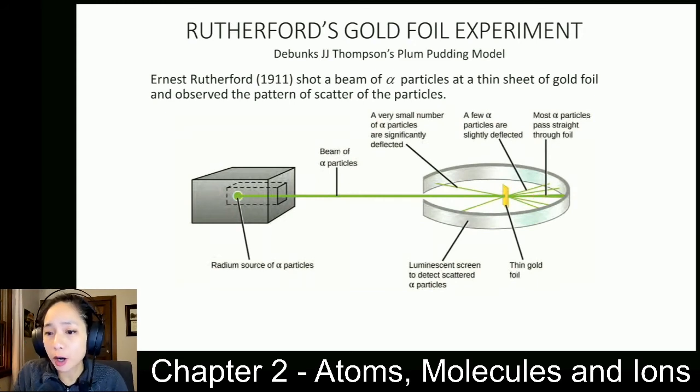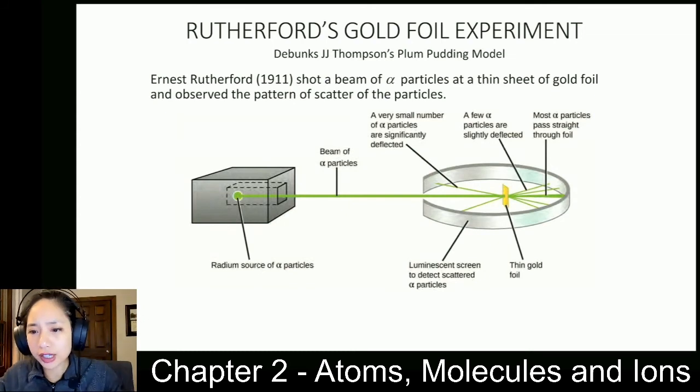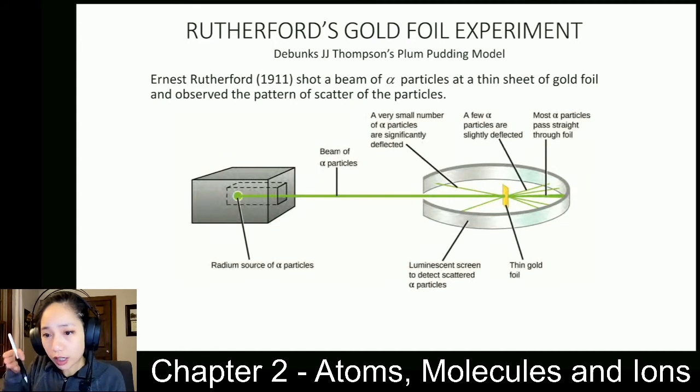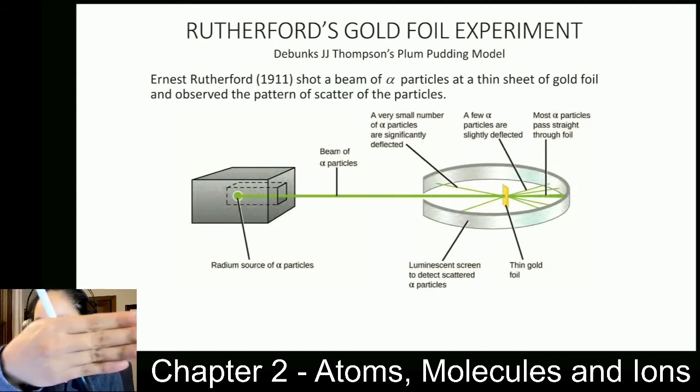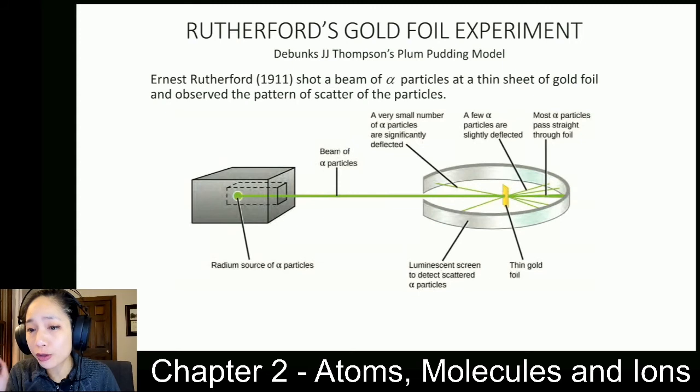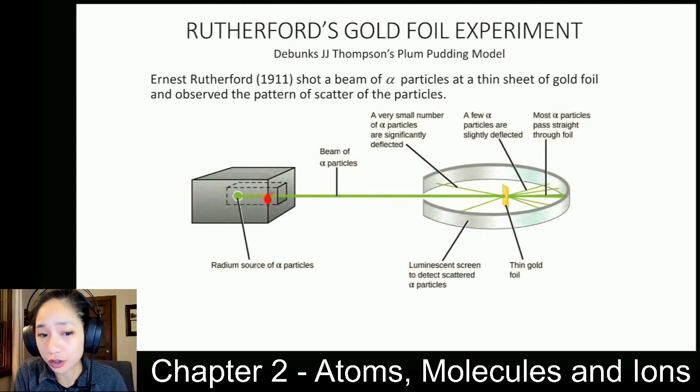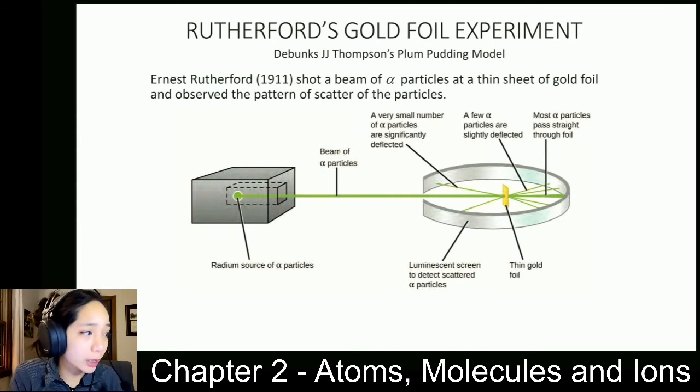But after the experiment went on for a while, he started seeing little other signals, little other shots of alpha particles show up. So that's what he saw. He saw some of the alpha particles were slightly deflected, so they didn't just go straight through. They went through the gold sheet and went off to the side. And then the most jarring thing that he saw is that some alpha particles were literally bounced right backwards, back into the gun source, right? And so that was the really profound thing that he observed in his experiment.